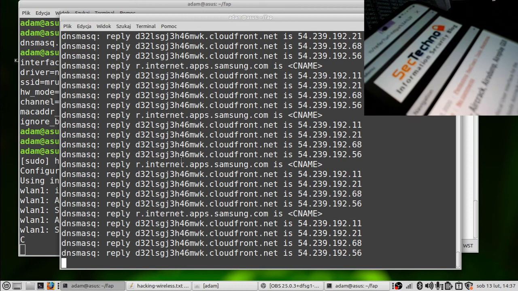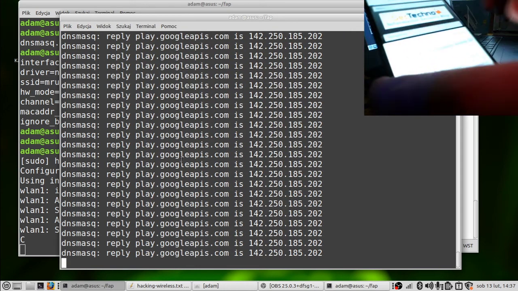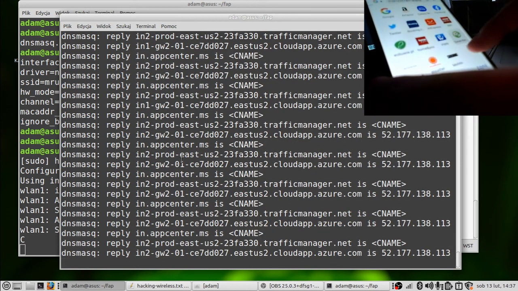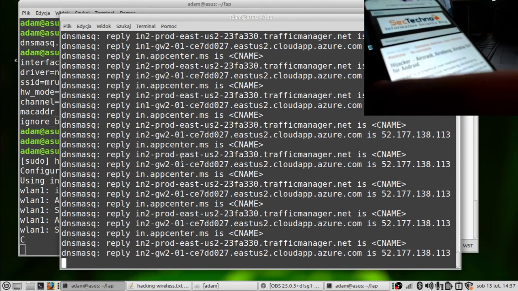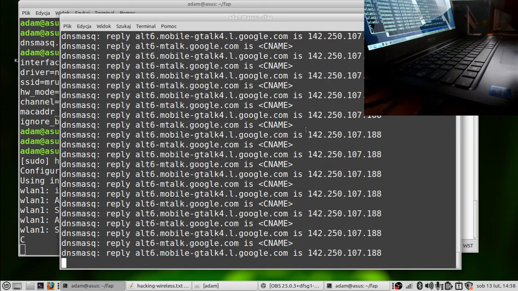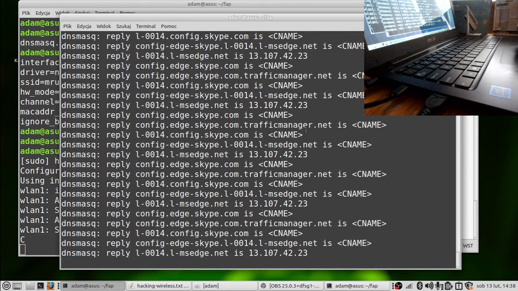I don't know if the page is working, but we'll see. Maybe to Amazon. Oh, yeah, that may be good. But anyway, on the screen you can see that it is passing the traffic from the wlan1 interface to the wlp2s0.